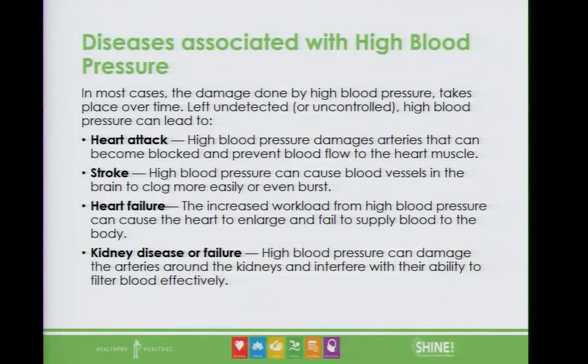So some diseases that are specifically associated with high blood pressure. In most cases, the damage done by high blood pressure takes place over time. Left undetected or uncontrolled, high blood pressure can lead to heart attack. In a heart attack, high blood pressure damages arteries that can become blocked and prevent blood flow to the heart muscle. So with high blood pressure, that blood having to use more force to get through those arteries over time can cause damage. And then as we talked about, blockages give more resistance, which makes the heart have to beat harder and the blood have to rush more forcefully through those arteries,